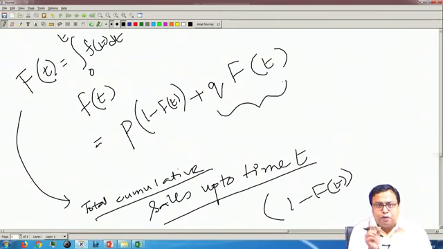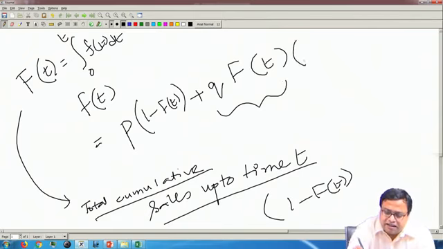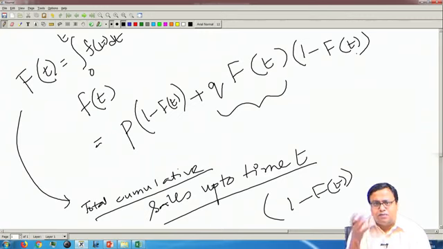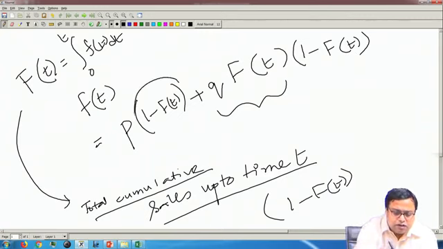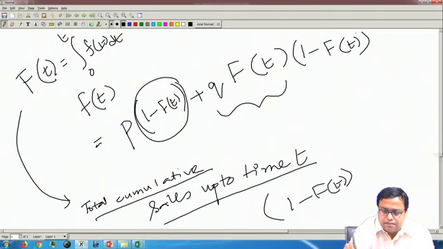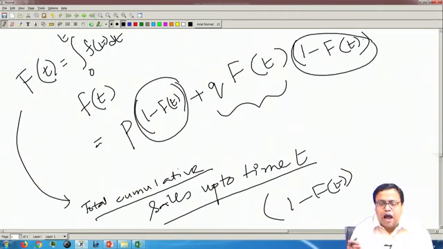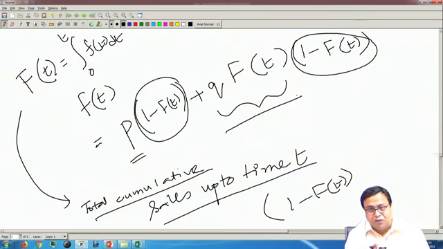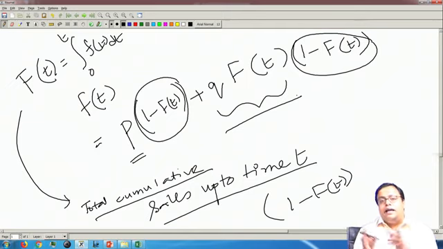Now, where does this proportion of people come from? They will not come from somewhere else; they come from the rest of the people. So, this is my total rest of the people. Out of this rest of the people, p proportion comes on their own, and q into Ft proportion comes by word of mouth. They do not come on their own; they come by word of mouth. So, as Ft goes up, as the already accumulated sales goes up, as more people have already adopted, let us say